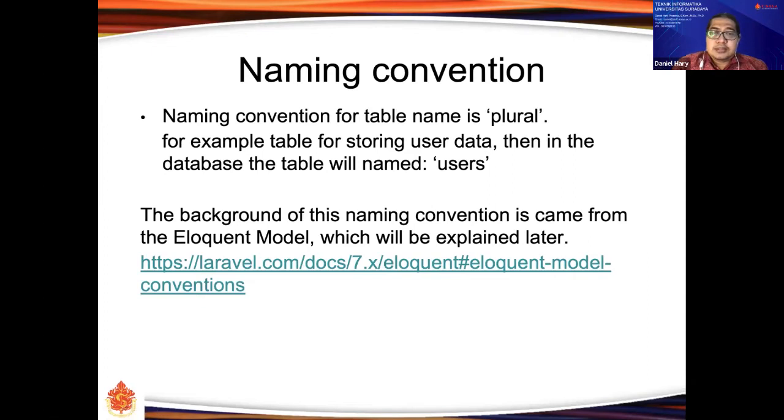If we have product, the table must be products, with an S. When we connect with our Eloquent model, the Eloquent model must be Product without S. We will explain the Eloquent model in a later class, maybe in several weeks.